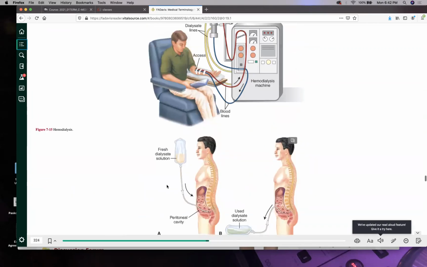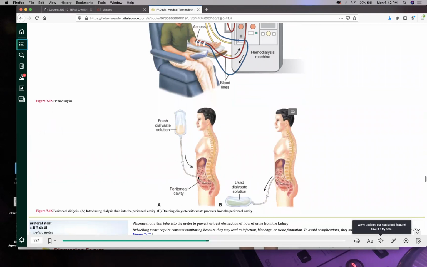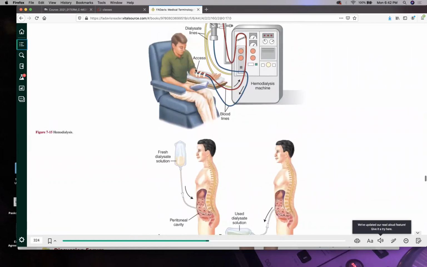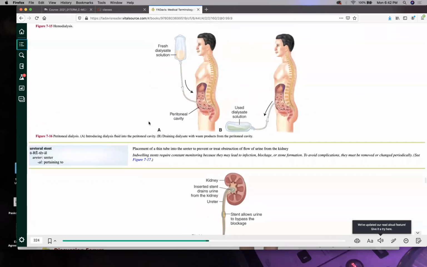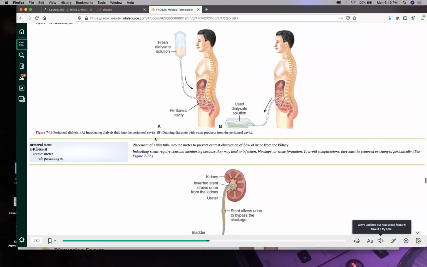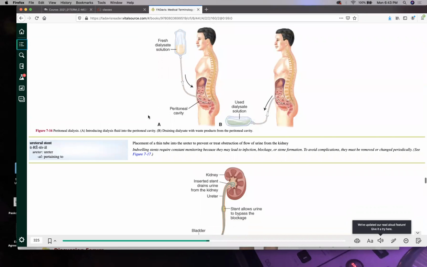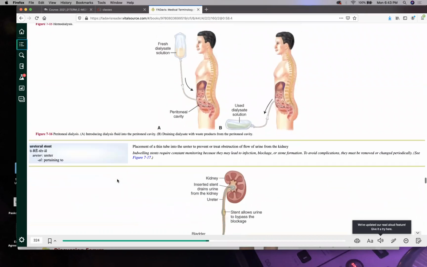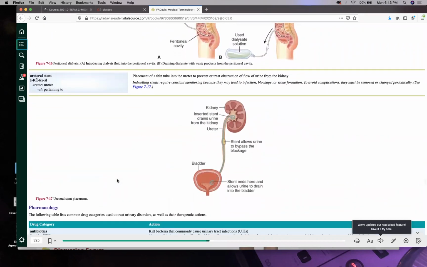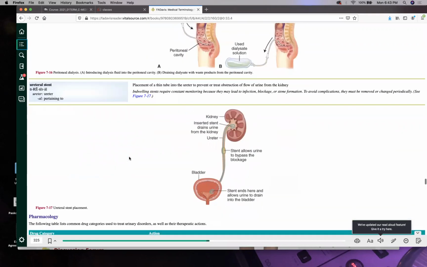Both of these things have to be done in a sterile environment, because having a port here, and if anyone's ever seen the port access for hemodialysis, it's like this. It's about the size of a garden hose in your neck and in your arm. It's not fun, and it's painful, and it is a big source of infection. Okay, so again, get this to your patient. What's better? Do the diet, just walk a couple of miles on the treadmill, or have this in your life? I think the treadmill's better.